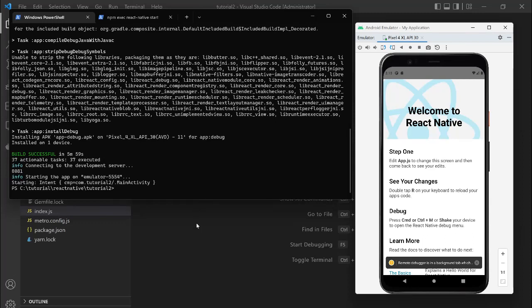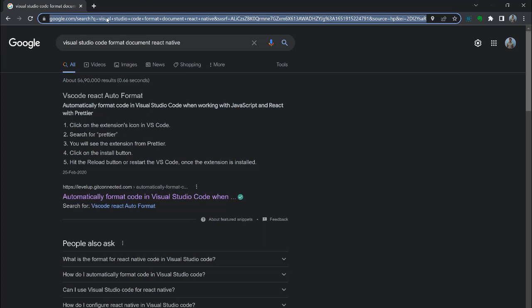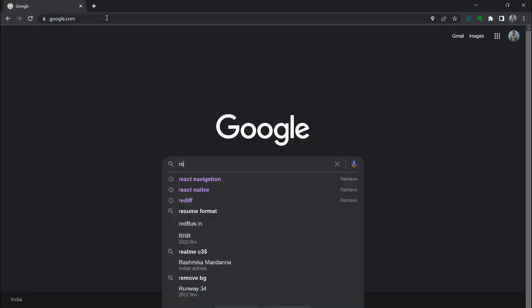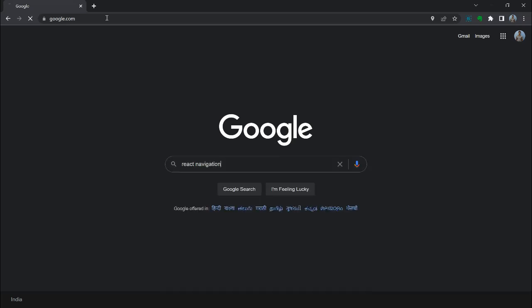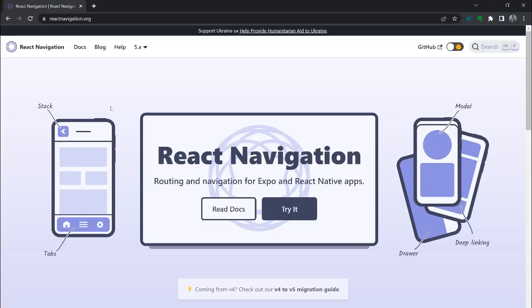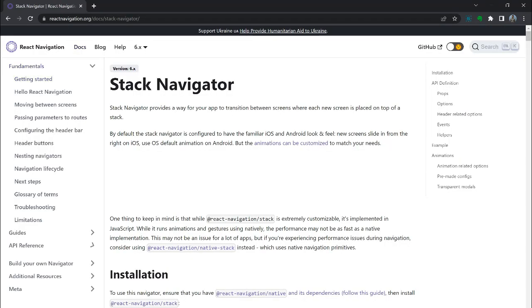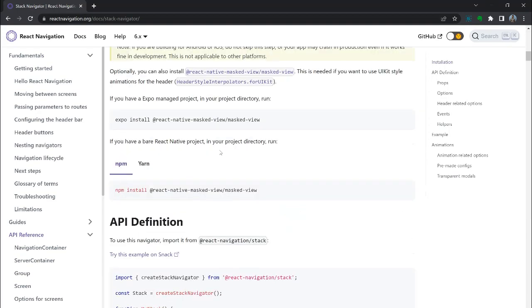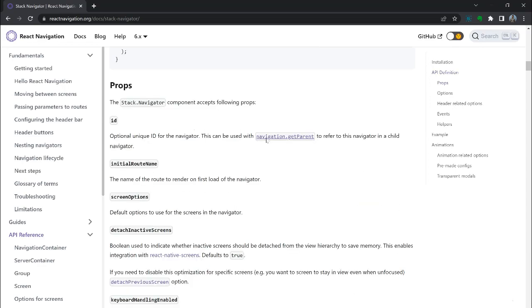So we are going to see the Stack Navigator and how to implement the Stack Navigator in this login and registration. Okay, so let's go to React Navigation. Inside React Navigation, if you go to docs and search for Stack Navigator, you will get the things here. We need screens for the Stack Navigators to be implemented. Okay, so for this what we have to do is